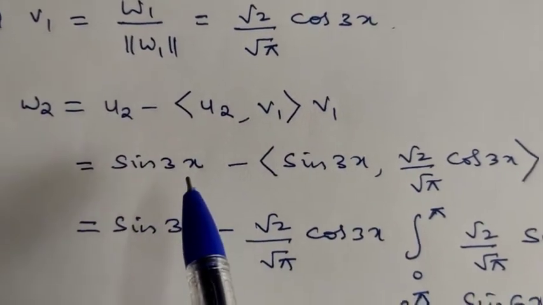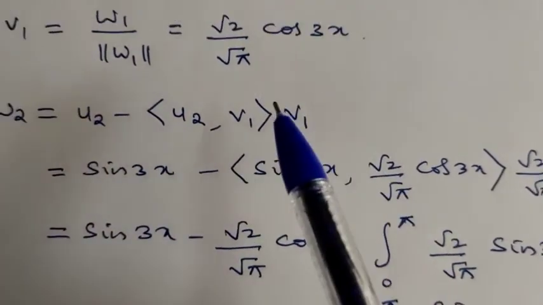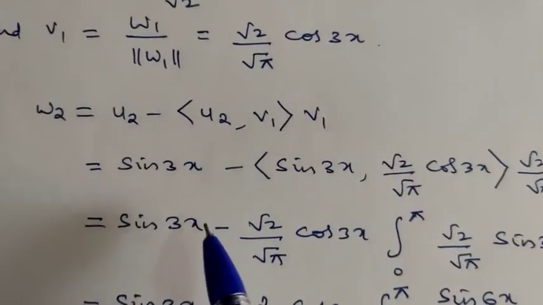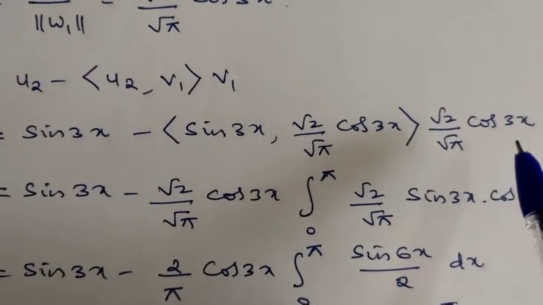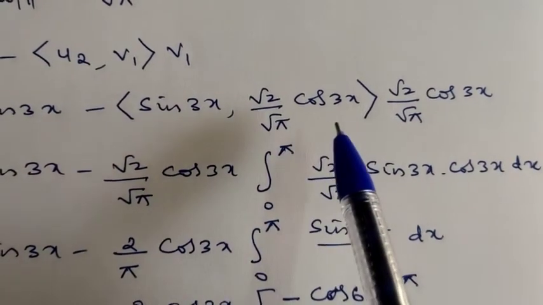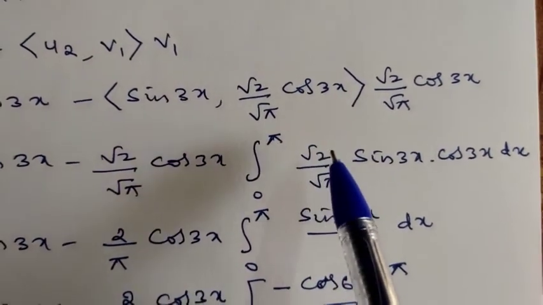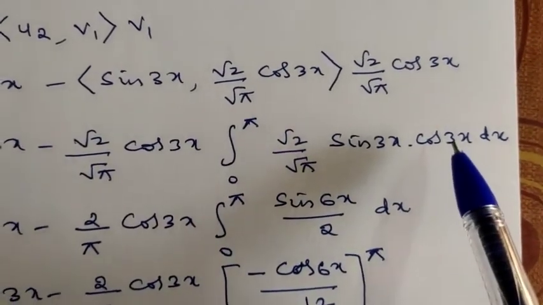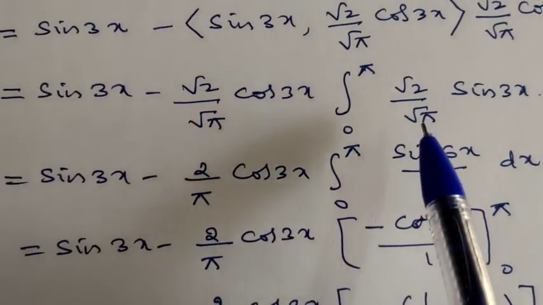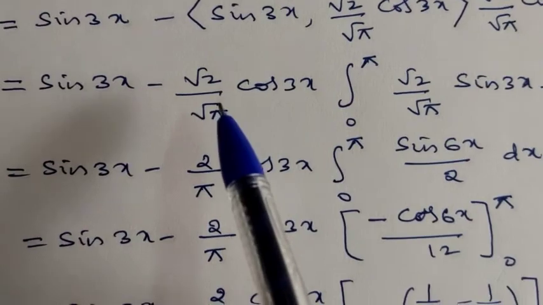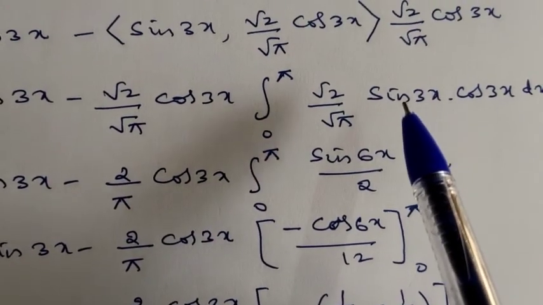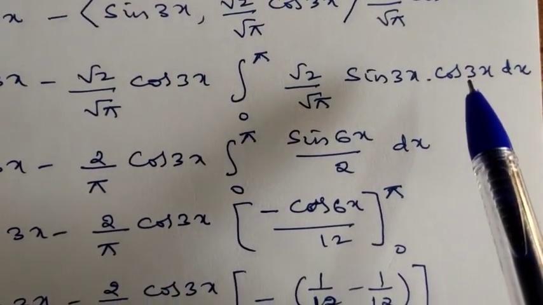So u2 is sin 3x, minus the inner product of u2 which is sin 3x comma v1, which we just found out is root 2 by root pi into cos 3x, root 2 by root pi into cos 3x. So this is equal to sin 3x minus root 2 by root pi cos 3x, you write as it is because it is outside of the inner product. So if we apply the inner product for this, the integral from 0 to pi of root 2 by root pi into sin 3x into cos 3x into dx. So this is sin 3x minus, root 2 by root pi can be taken out, this becomes 2 by pi into cos 3x into the integration from 0 to pi. This is like 2 sin x cos x is sin 2x. So according to this,